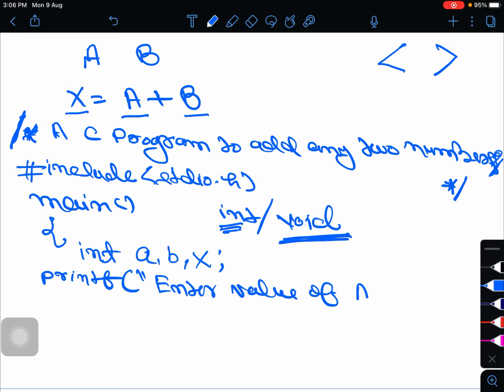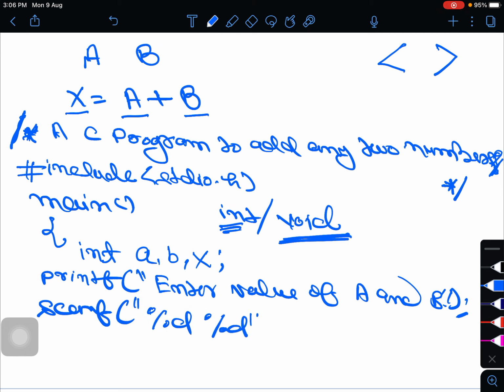After this we will enter the value of a and b. After this scanf, %d, address operator a, address operator b. First one is printf. Printf is the output function and scanf is the input function.